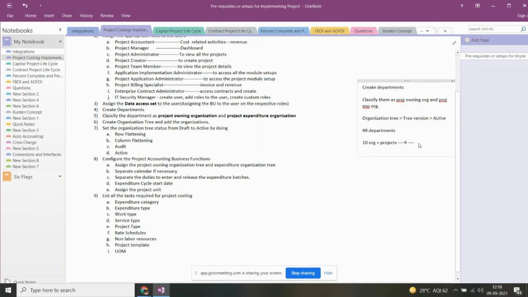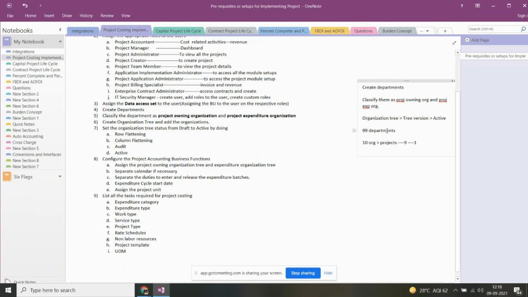But one department or one organization is missing in this department loading. So in that case, if that is not part of their HCM, then we can also create the department and use that in our projects. If not, we can inform the HRMS team so that they can also include that in their list. So it depends, sometimes they will create the missing departments, not all of them, because everything is done by the HRMS team.